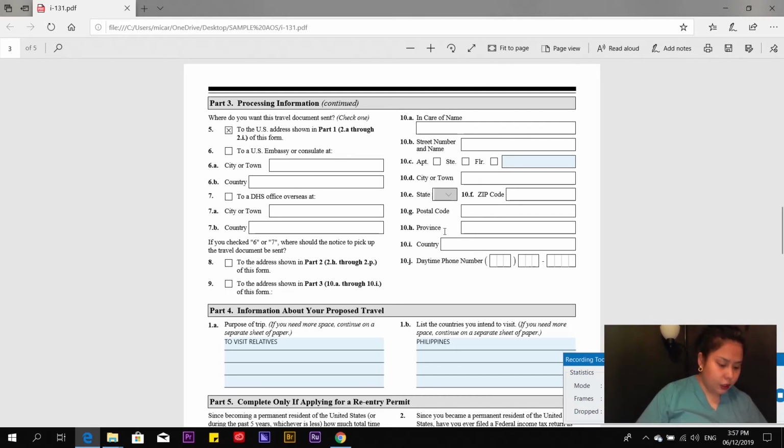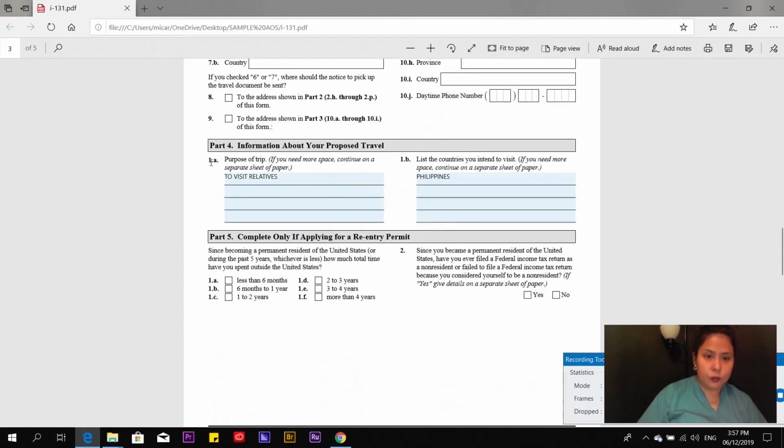Alright, so let's move on to part 4, same page, information about your proposed travel. 1A, purpose of trip. If you need more space, continue on a separate sheet of paper. What I put here is just I wanted to visit my relatives, of course, and then list the countries you intend to visit. If you need more space, continue on a separate sheet of paper. I just want to visit the Philippines. And then part